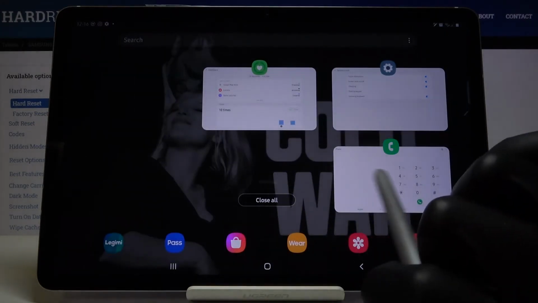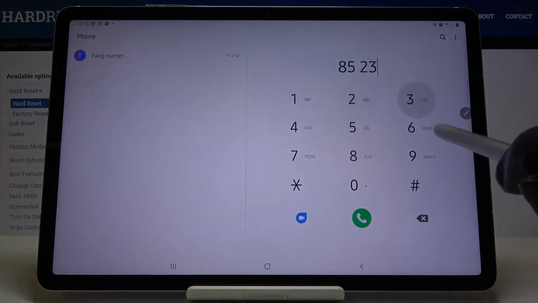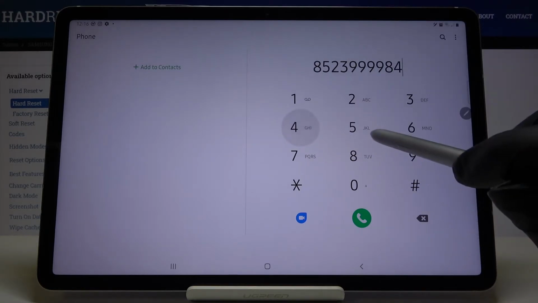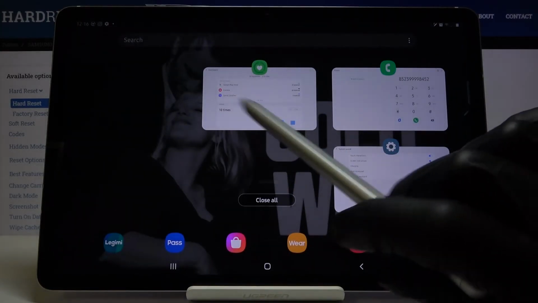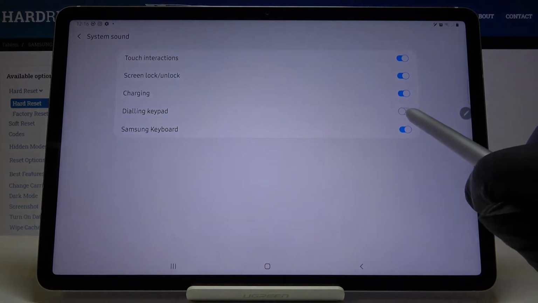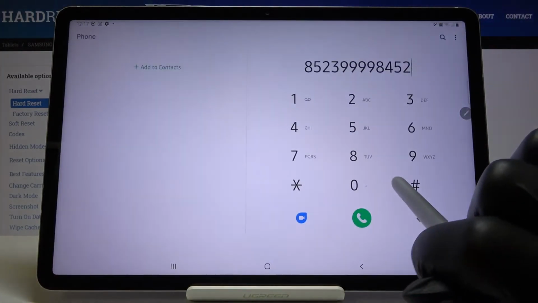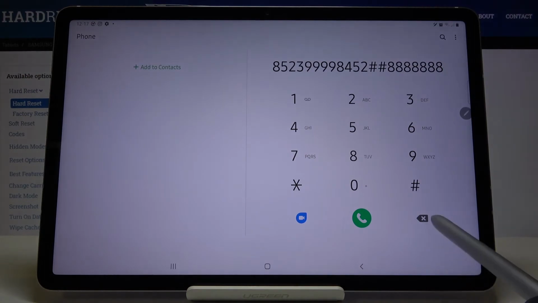And then if you will open keypad again, you will hear nothing, so it's muted. Obviously you can go back to those sounds the same way smoothly by tapping on the switcher. So that's it, this is how you can